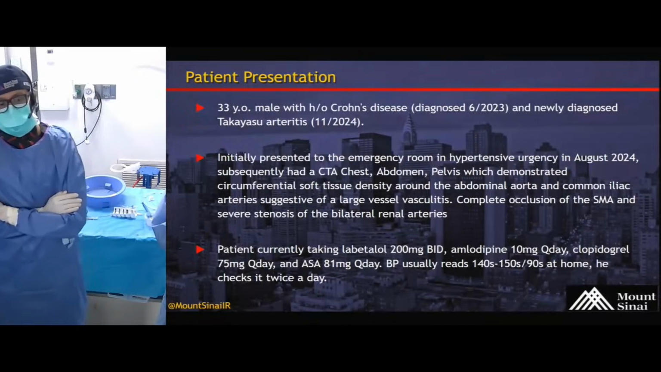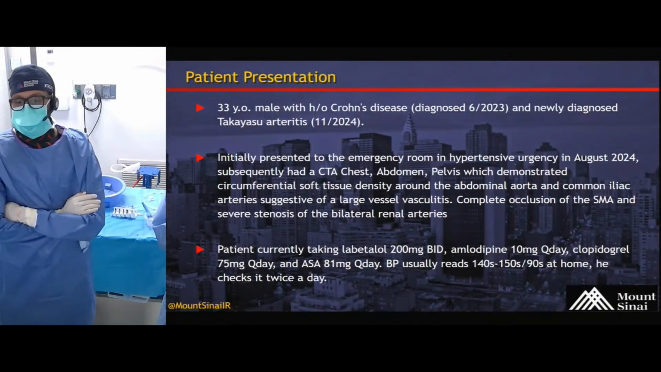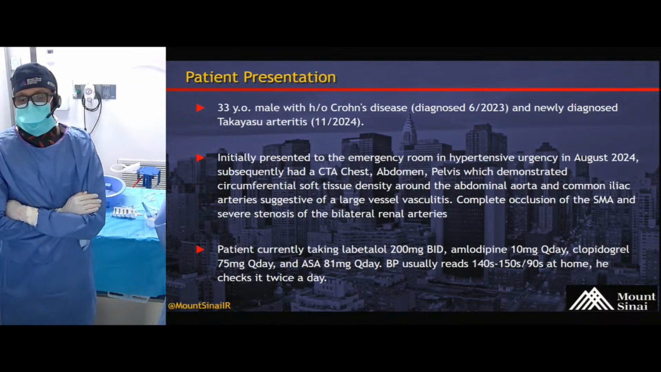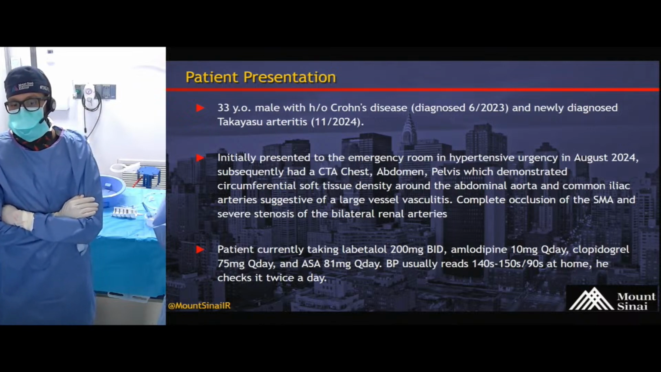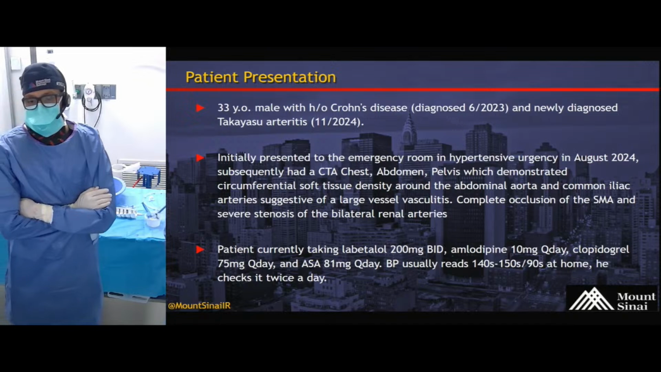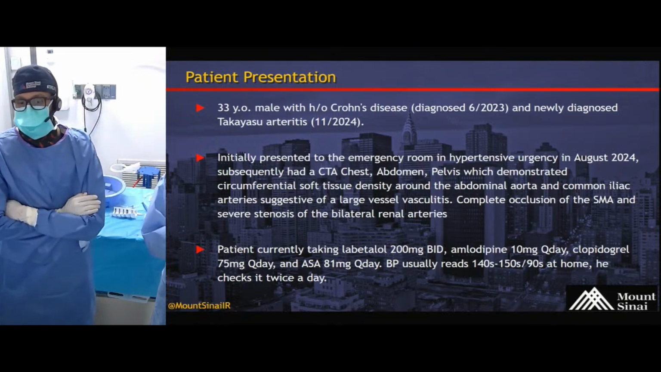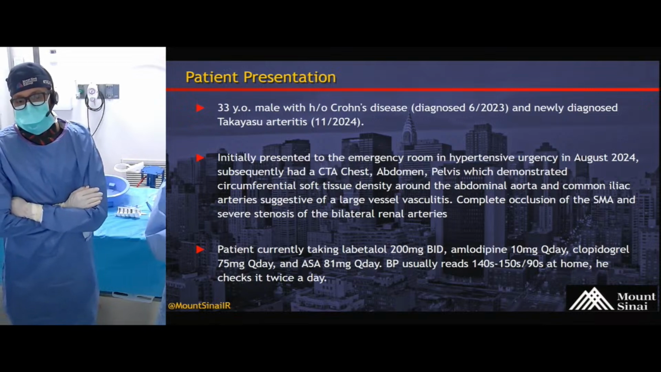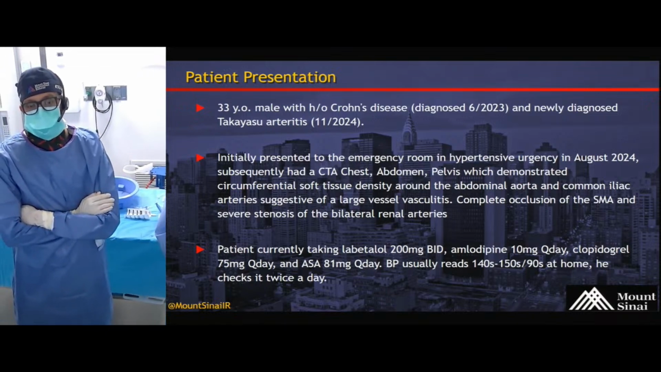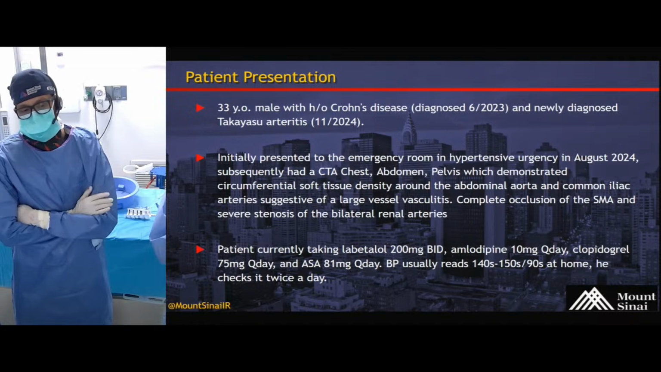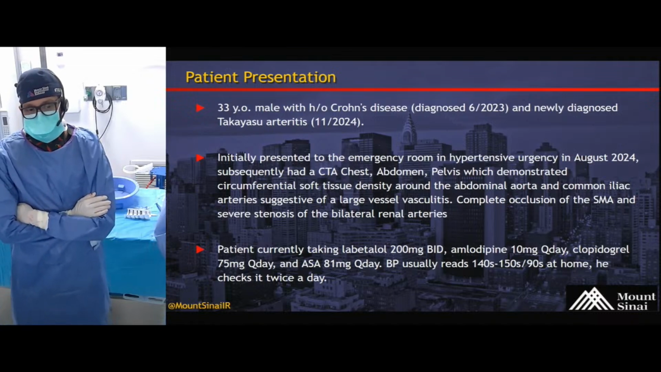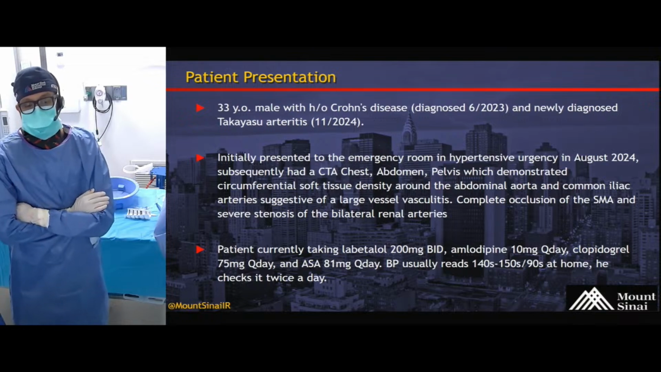Go to the next slide, please. So he's a 33-year-old male. He has a history of Crohn's disease and newly diagnosed Takayasu arteritis. He presented to the emergency room last August with hypertensive urgency, where he had a CTA chest, abdomen, pelvis, and it showed circumferential soft tissue density or thickening around the abdominal aorta and his common iliac arteries, suggestive of a large vessel vasculitis. He also was noted to have complete occlusion of the SMA and severe stenosis of his